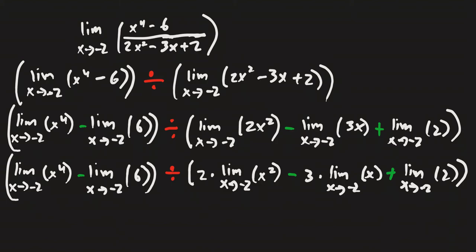Alright, so finally we can do that. This is just going to become the limit as x approaches negative 2 of x to the fourth power. That's just going to become negative 2 to the fourth power, which is positive 16, minus the 6 right here. And this is all divided by